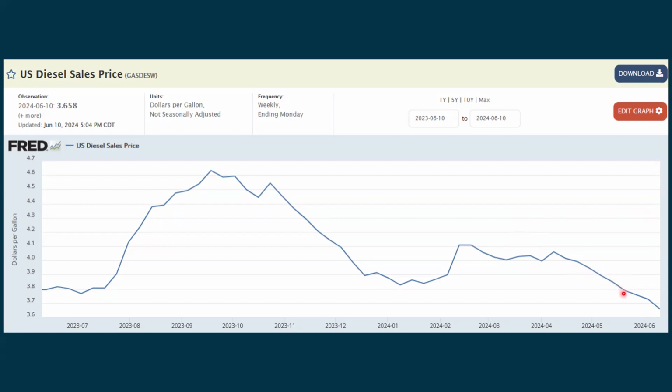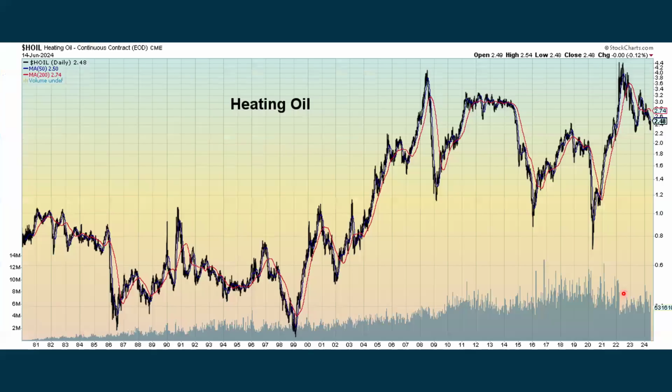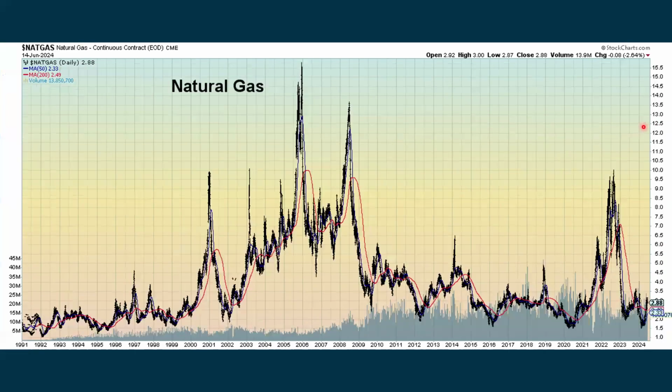And with this going down, that just means this isn't an increase in what it costs to ship products. Heating oil, well, we're in the middle of summer now, but heating oil doesn't mean much for that. Where we are seeing a decline and we are in a downtrend: natural gas, which has been in a downtrend but starting to come back up, and we could be getting ready to see a bullish